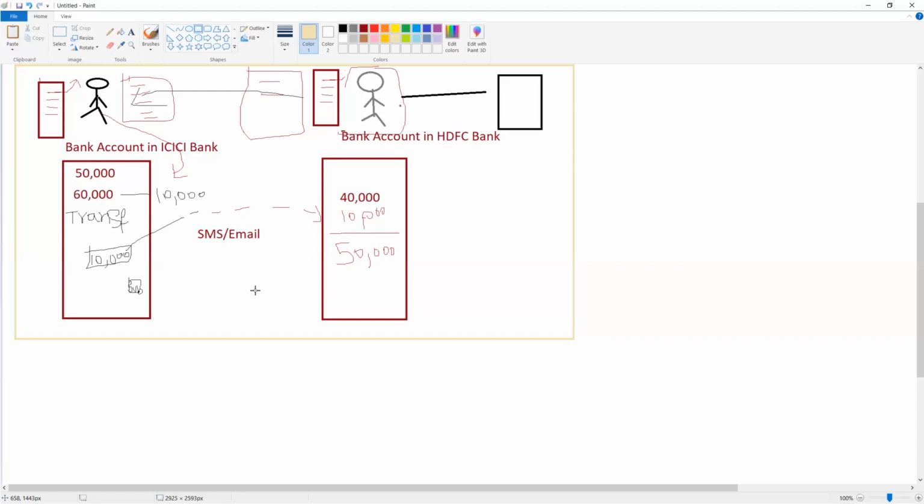If somebody has to sit in front of the system, whenever there is any debit, and send this email, it is a hectic work, right? You need to prepare an email, format it, what amount is debited, what is the current balance, everything you need to make changes and send it to another person,